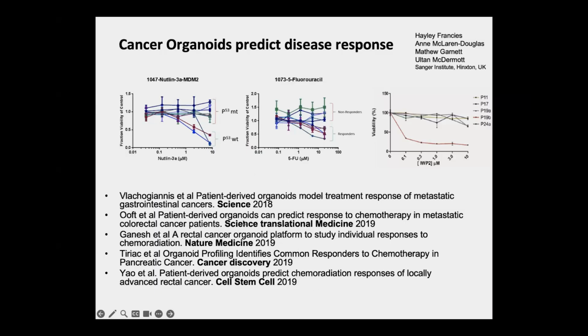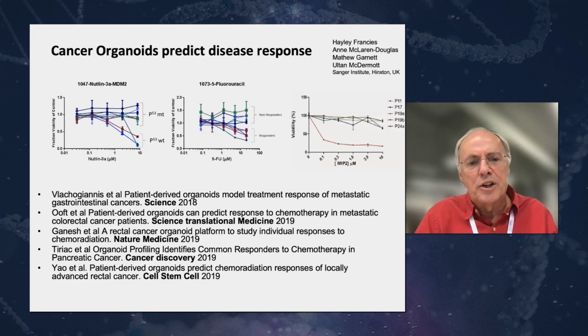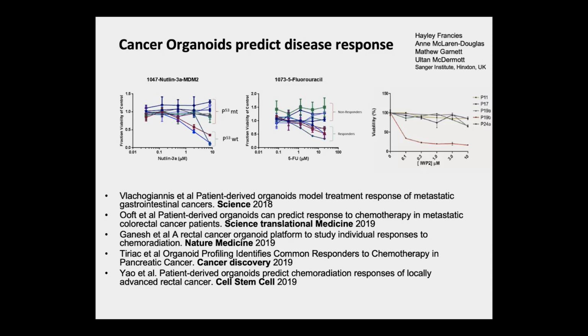We were working hard on this, but then scooped by a beautiful study in Science 2018 that shows that if you do this carefully in well-controlled phase 1 and 2 trials, the predictive value of organoids, so basically the organoids are grown from patients that are already participating in trials. The organoids are exposed to the same treatment regimen that the patients will experience in a trial, and then we can compare the outcomes. Did the organoids predict well, or did they not predict well what would happen to the patient? And it turns out that at least in this first study, 85 to 90% correct predictions came out of